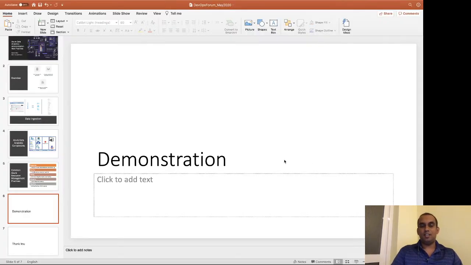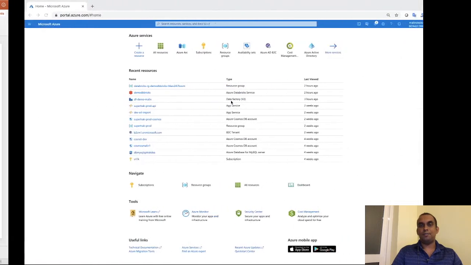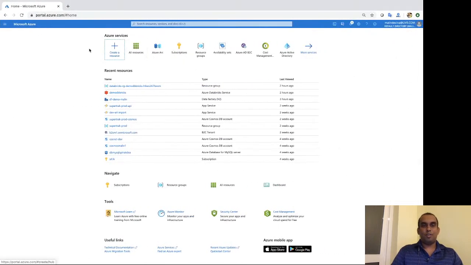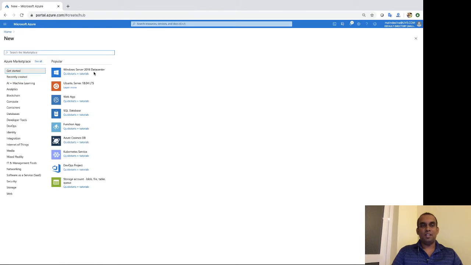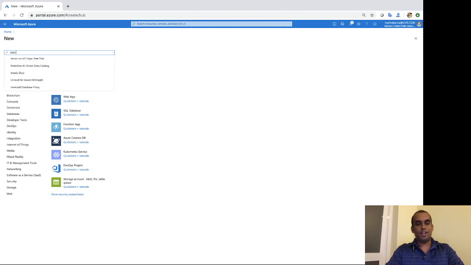Now we'll see a few of the resources getting created. Now here's my Azure portal, and I will start creating a data factory straight away. This is very easy. When you go to the Azure portal, you can use the Azure CLI or PowerShell as well for creation, but I'm using the Azure portal itself. So if you just search for data factory,